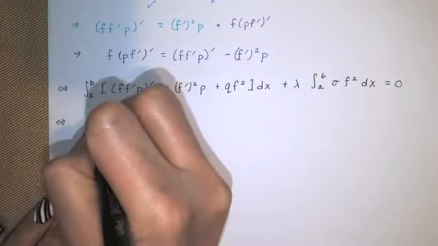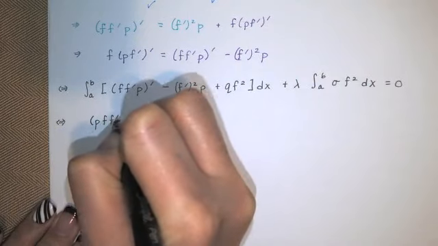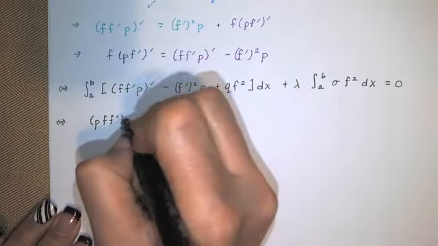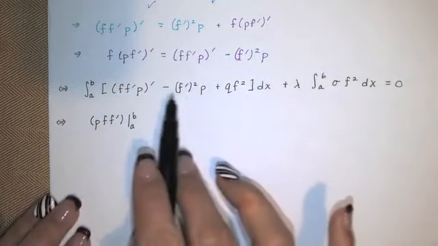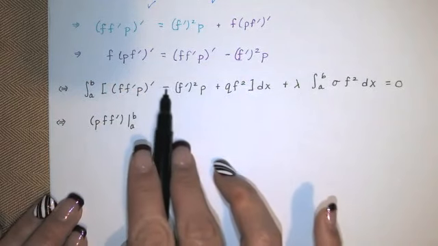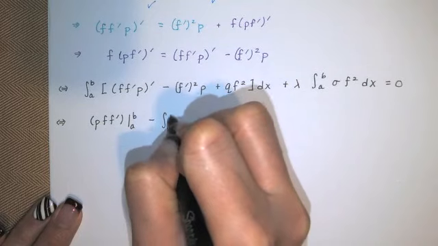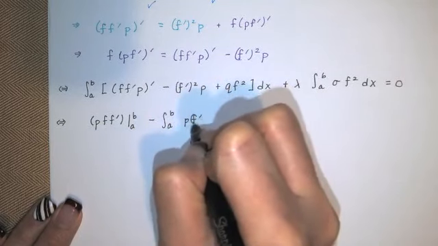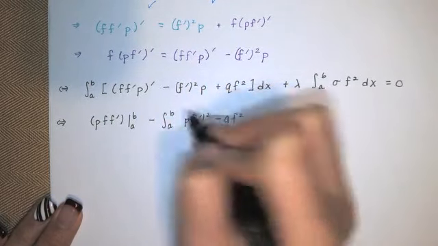So we will write, and I think I'm going to write it in the reverse order, p times f prime. The antiderivative of this is this, and then we would evaluate from a to b. Now, typically, the way the Rayleigh quotient is written, we factor out the negative from here. So we've got a negative times the integral from a to b of p times f prime squared minus q times f squared